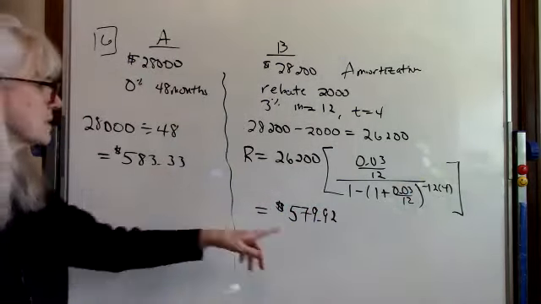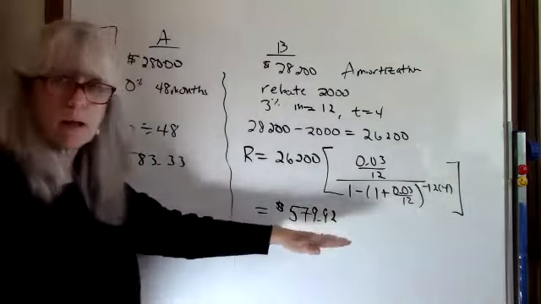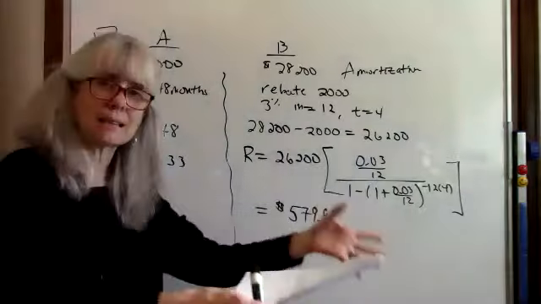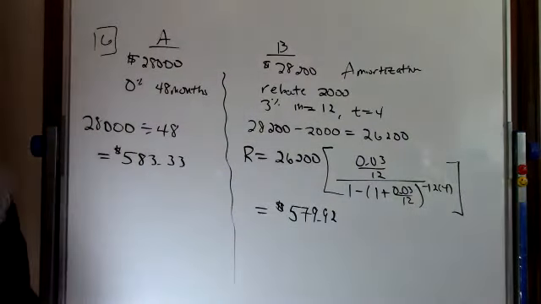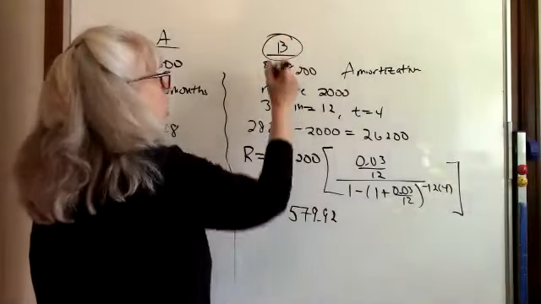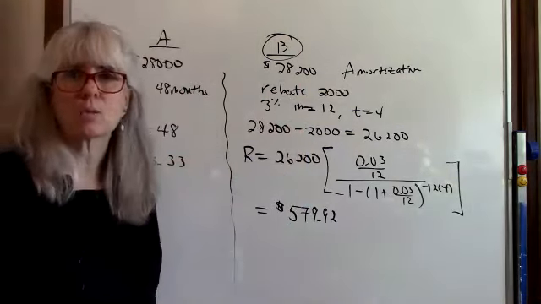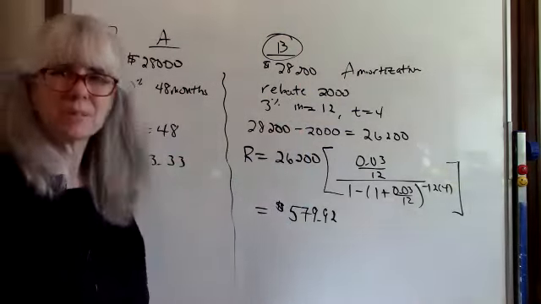So they're really close to each other. They're only off by less than $4. But this one is the lower one, because if she pays this over the 48 months, she'll end up paying less than if she pays this for the 48 months. So the better option is car B, the slightly more expensive car with an actual interest rate of 3%, but that $2,000 rebate is what's working for her. And that wraps up chapter 5 for